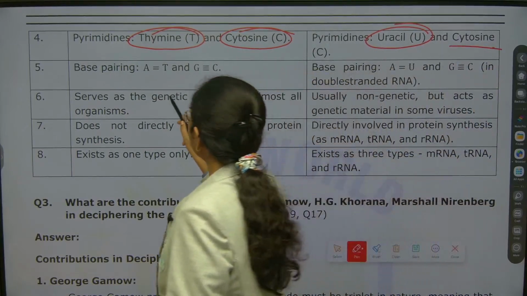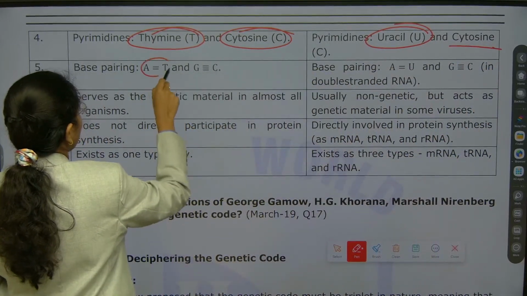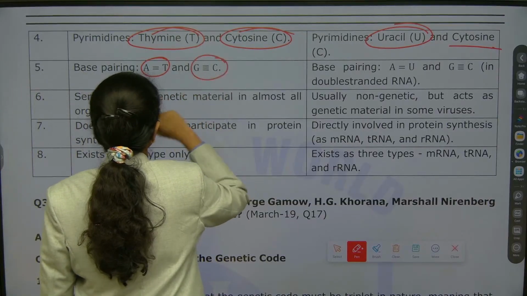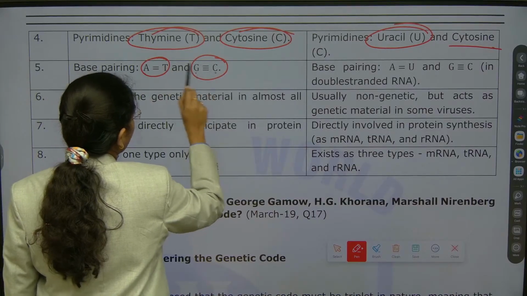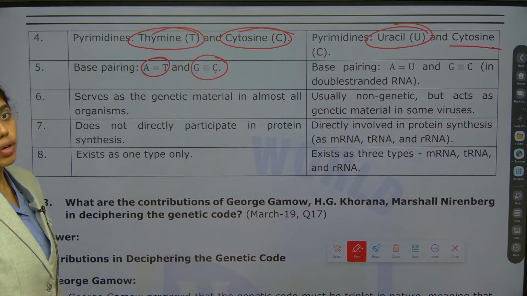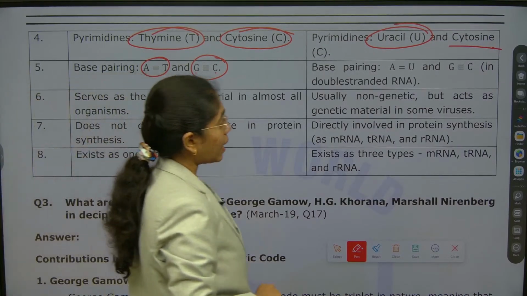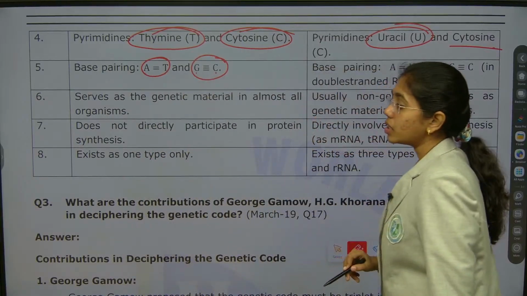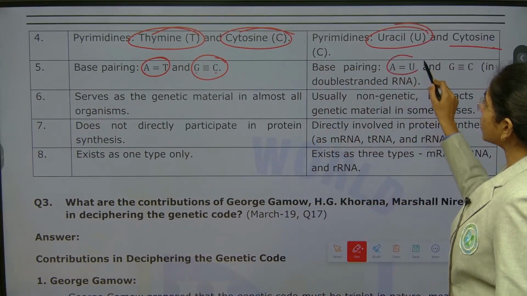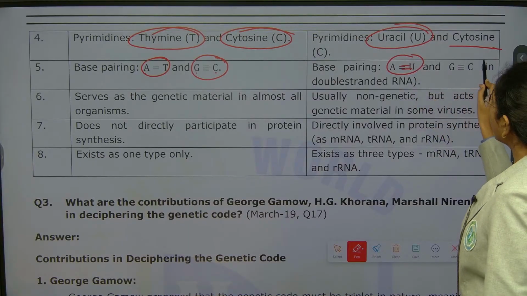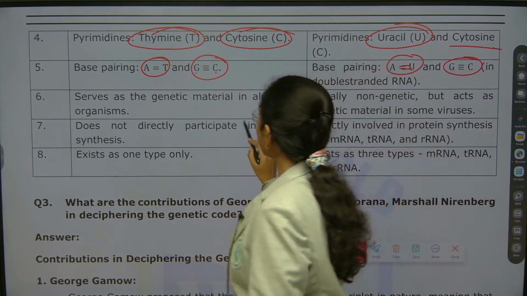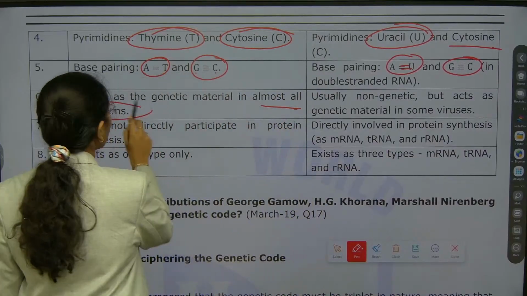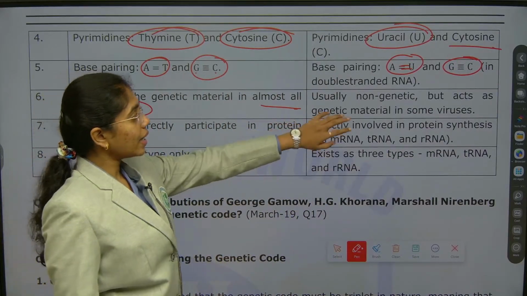Base pairing, if you see, in DNA is between adenine-thymine and guanine-cytosine. Here adenine-thymine is bound with 2 hydrogen bonds. Guanine-cytosine is bound with 3 hydrogen bonds. In RNA, base pairing is between adenine and uracil with 2 hydrogen bonds, guanine and cytosine with 3 hydrogen bonds. Next, DNA serves as genetic material in almost all the organisms, whereas RNA, it is usually,